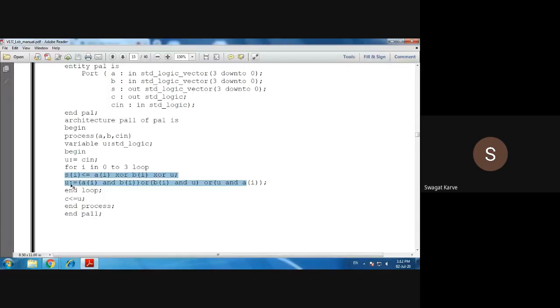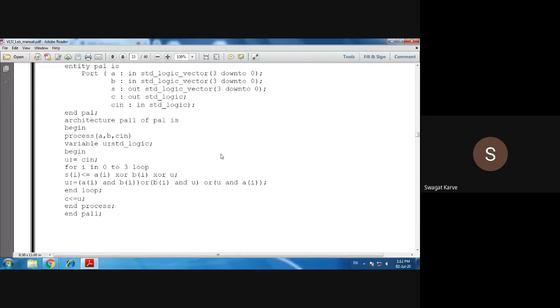But the difference is, instead of this c in, we have used this u variable, and that we have declared here. Clear with this? Now this is the program for full adder.